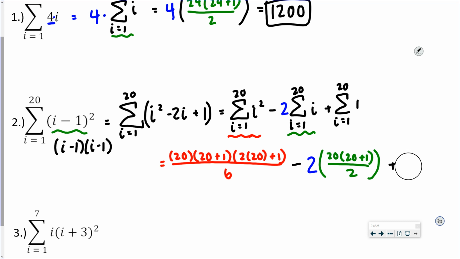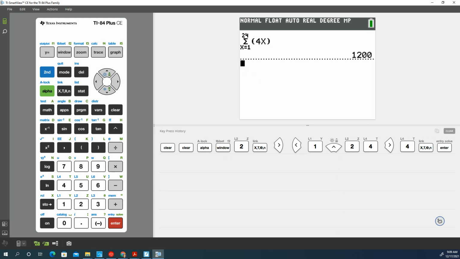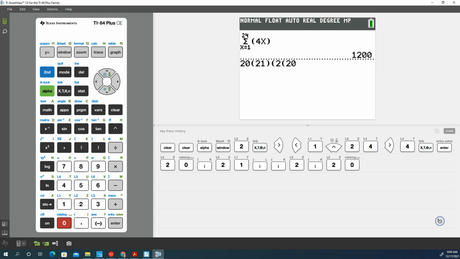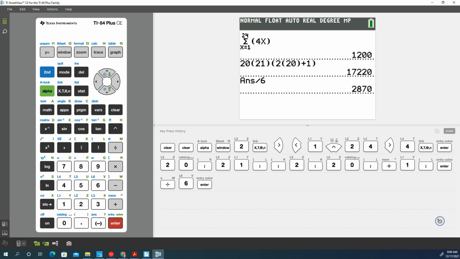So another way you could write that out using the rule is I take this constant number 1 times n. That's technically rule number 1 on my list. Okay, I just wrote down the final answer. In my calculator, I would probably do it in 3 steps. We can do this one together in the calculator. So I would probably do 20 times 21 times 2 times 20 plus 1. Find that, divide that all by 6. Okay, there's my first piece,